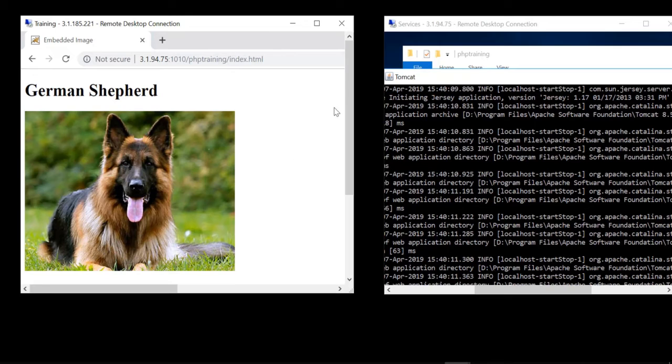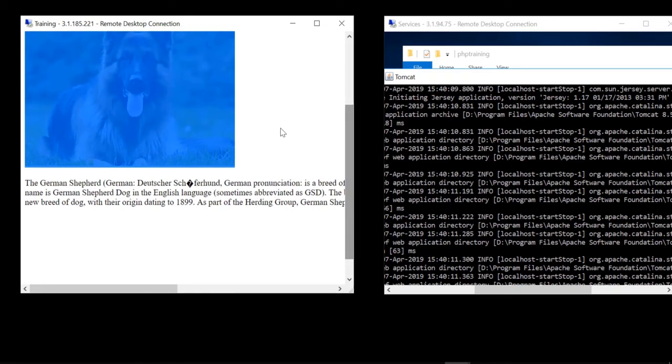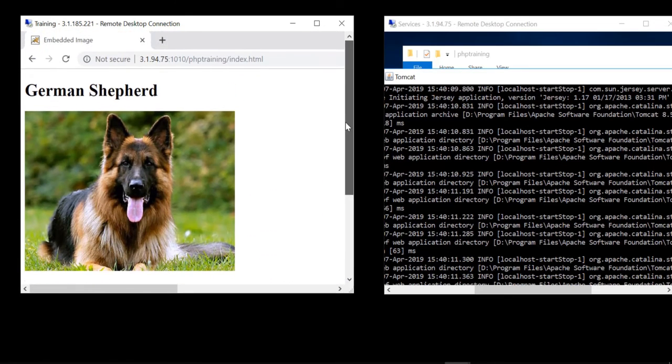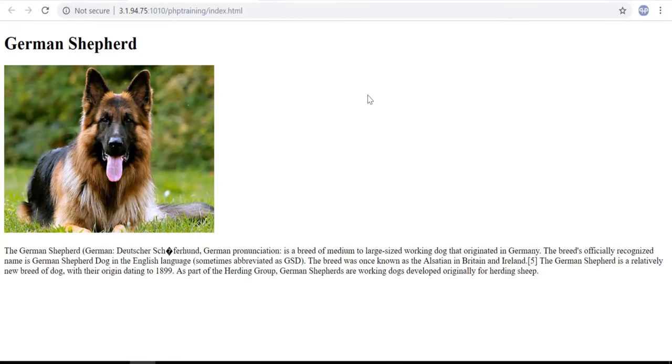okay, so you see there is some text and there is an image here. This is basically coming from this server. So this server is the web server. This is a client. And if you have to see more in detail, you zoom this. Okay, so that is basically showing you how the request response happens from client to server.